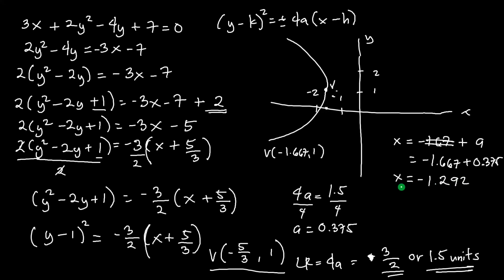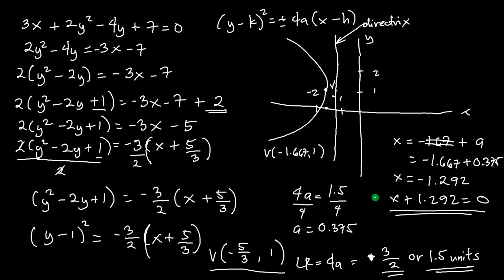Okay. That's your directrix. Therefore, transposing that, we have x plus 1.292 equals 0. That's your answer on number 2. That's the equation of your directrix. Okay. Next,